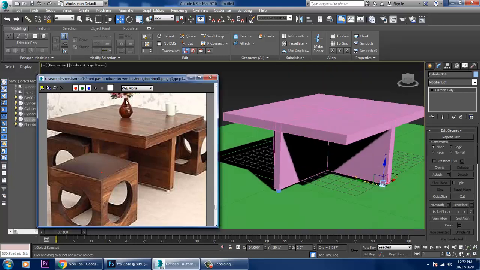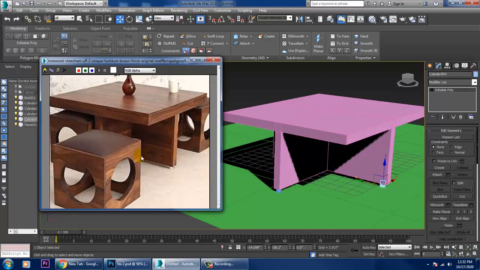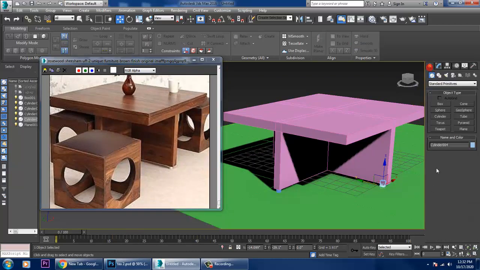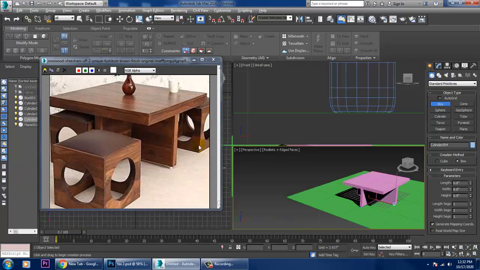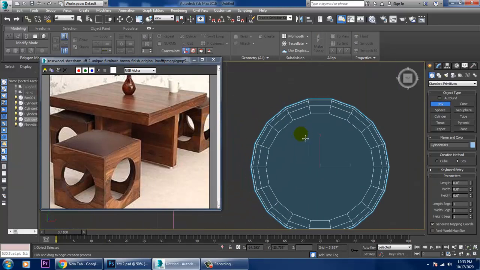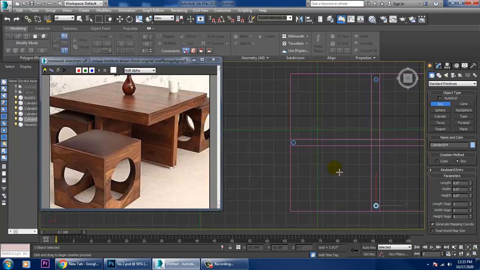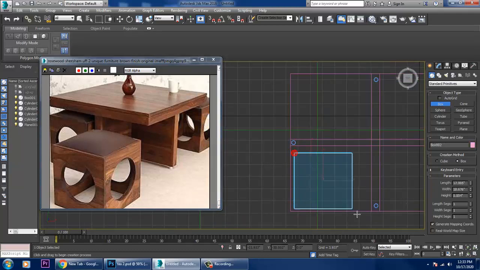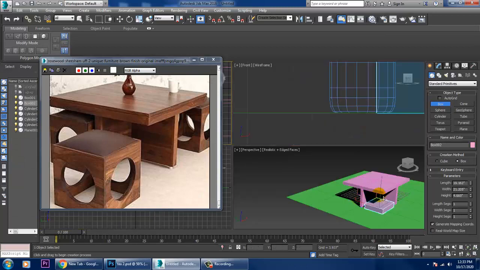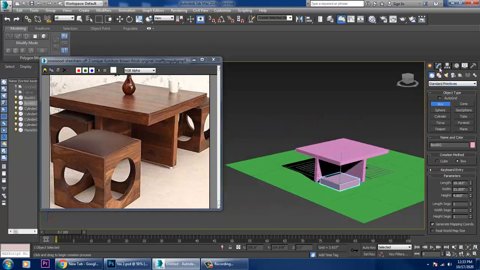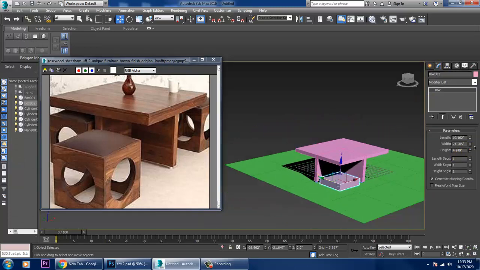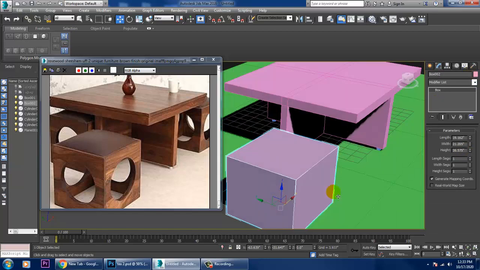After this is done, let's make these holes. How are you going to create them? Very simple. There are many methods for creating this. We'll be using a pro boolean option. Let's take a box right from the top view over here. After taking a box, let's increase its height and drag it out.